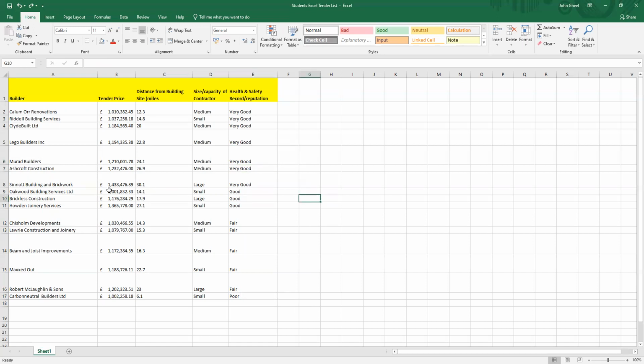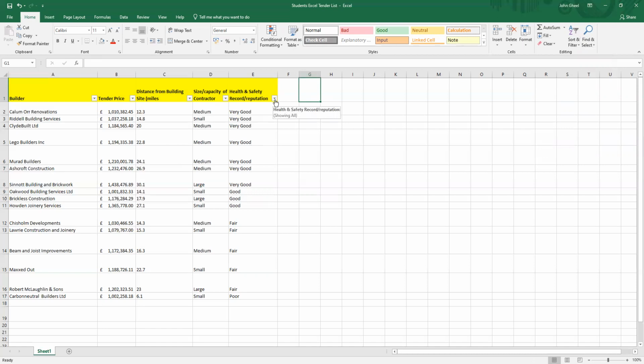is by putting a filter on all of these columns here. It's almost like a little funnel. You'll see the little funnel symbol. So we're just going to select the very top row that's highlighted in yellow. And we're going to go to, again, this panel here, and then click on filter, and you'll see these little arrows appearing, and that allows you to filter all this information